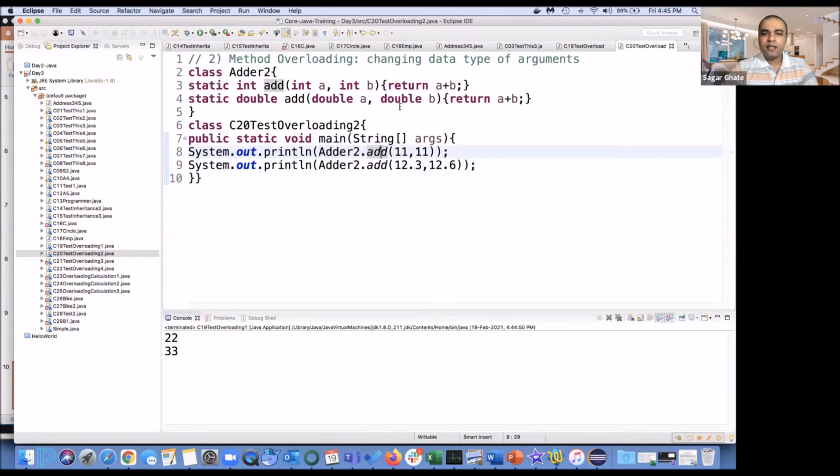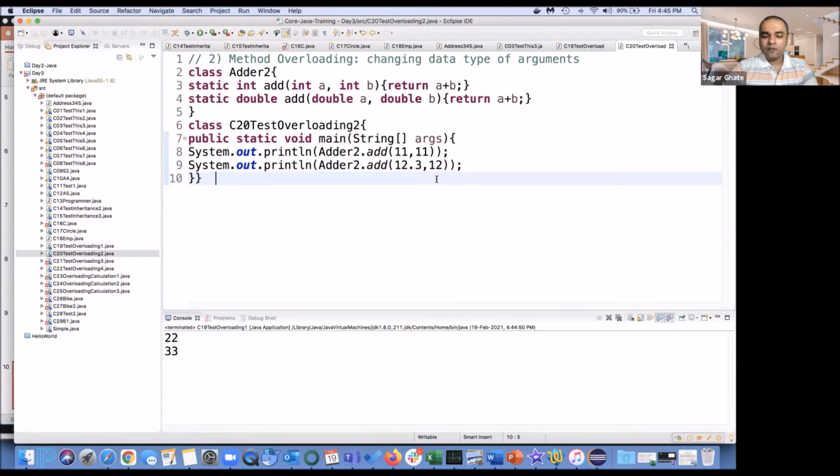Now it is double and double. So you have the same method add with two arguments. The number of arguments is the same here, but the type of argument is different. So instead of double, if I pass 12, it is still going to take it.